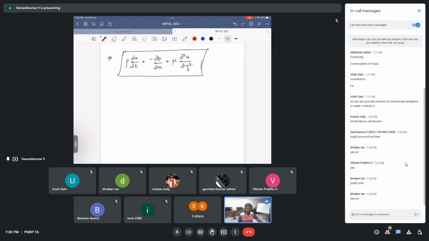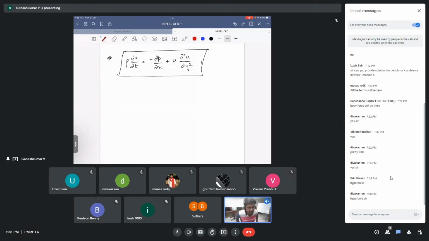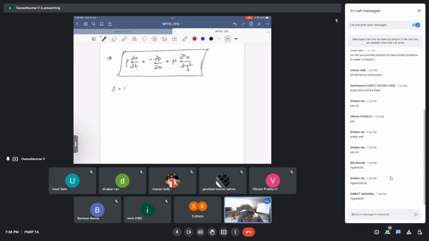So you guys have gone through the lectures, right? For an equation to be hyperbolic, what will happen? The discriminant, let's say that is delta, which is b square minus 4ac, should be